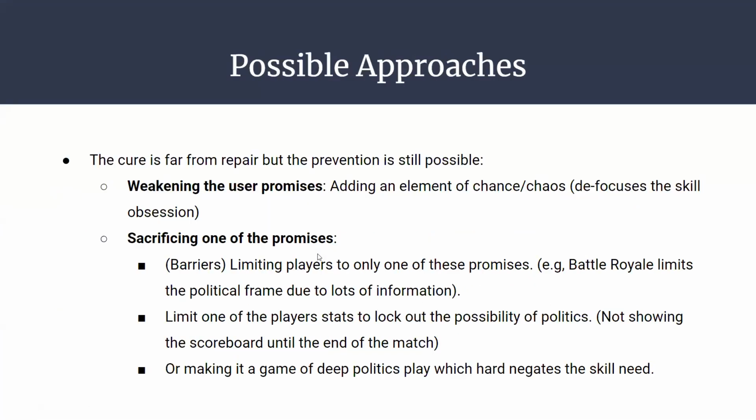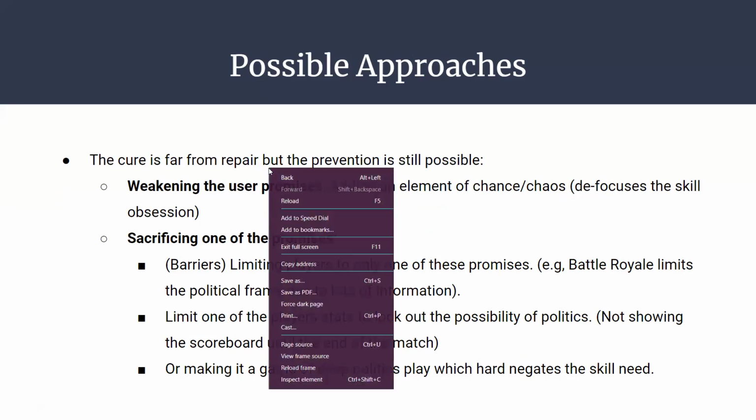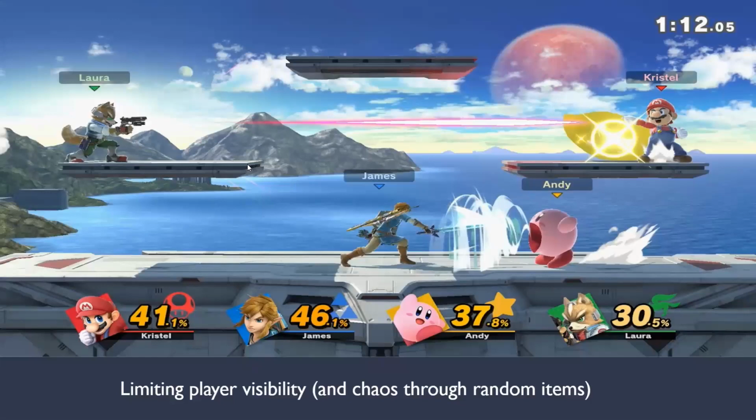So what are the possible approaches that game companies took to make sure this doesn't happen? One way was to weaken these user promises, by adding an element of chance or chaos. For example, take a 4v4 fighting game. In this game there was a feature known as items.